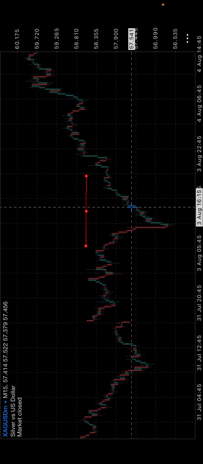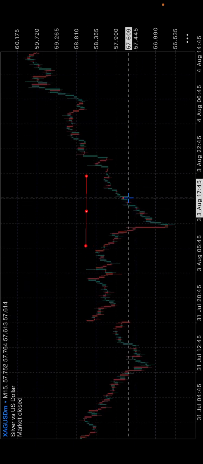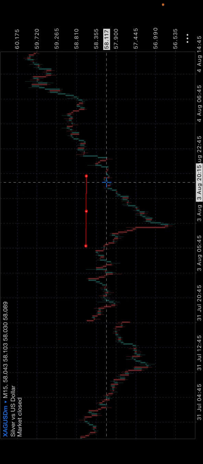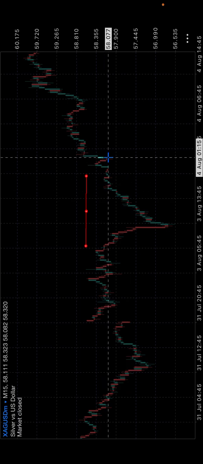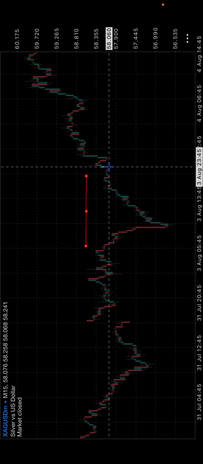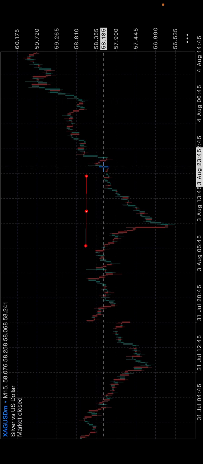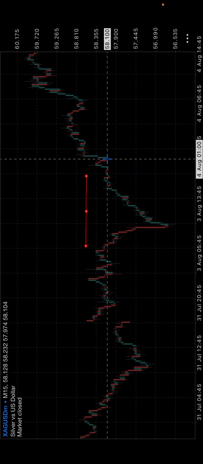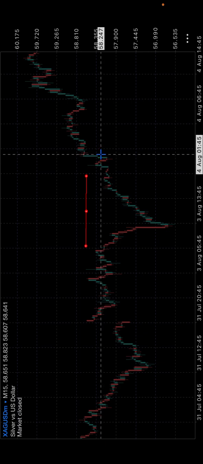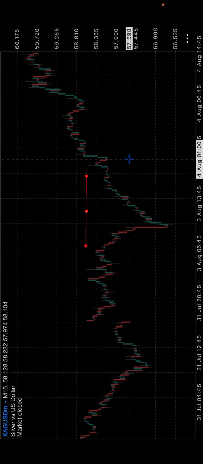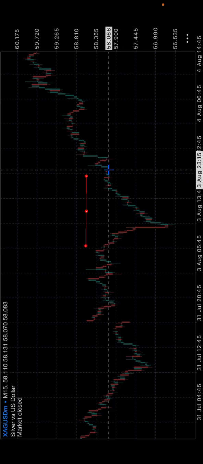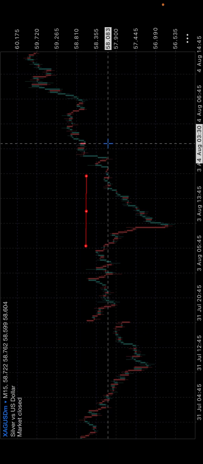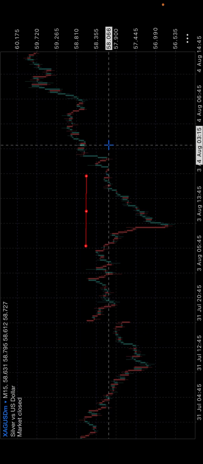Right now, you notice that price was creating higher highs and higher lows. As you can see, higher highs, higher lows, higher highs, higher lows. So immediately price broke this higher high, you will notice that price started retracing. Someone else might think that price is going to sell from this level. But you actually see that price was coming to tap into a level where large buy limit orders were